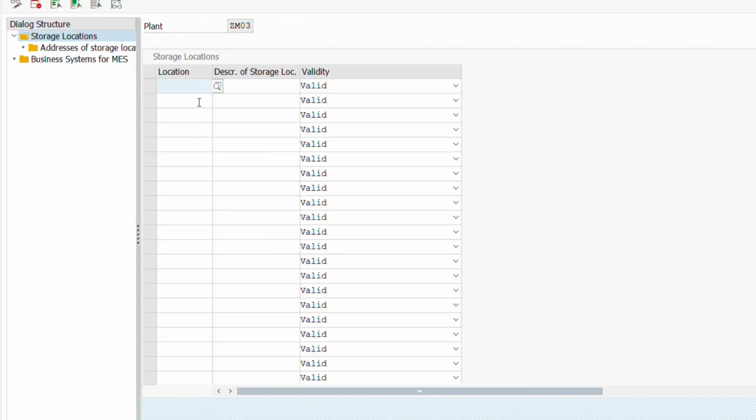So here we need to enter same. तो हम यहाँ पे एंटर करेंगे अपना ZM01. डिस्क्रिप्शन में डाल देंगे राम SL01. ओके, सेकंड वन इज ZM02. डिस्क्रिप्शन में डाल देंगे